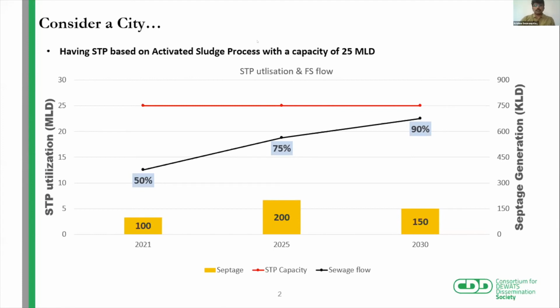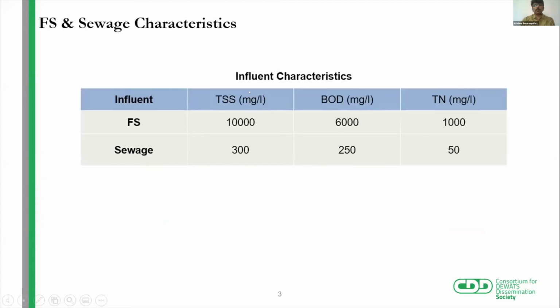Now we have some questions before we get to the tool, and let's see if the tool can actually answer them. Another important consideration is that before we know how much to co-treat, we also need to know the characteristics of the fecal sludge or septage and sewage that are coming in. Practically, we can understand septage characteristics by taking samples from the trucks running in the city or other desludging vehicles. Sewage, we can measure by what's coming into the STP. So these need to be done. We need a practical understanding rather than a theoretical basis for arriving at the influent characteristics.